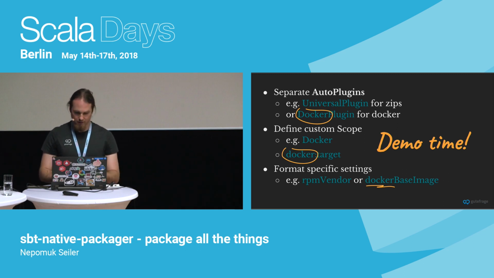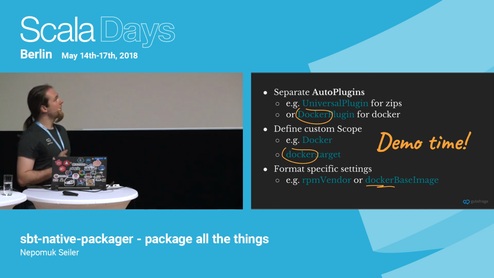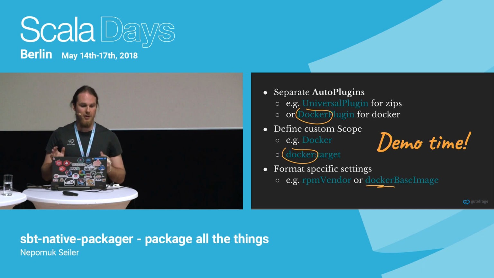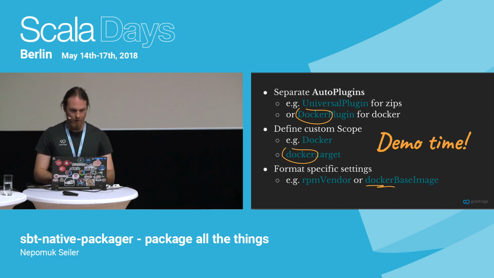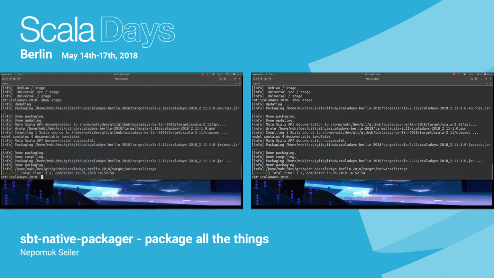So let's see this in action. I don't have to change anything in my build.sbt because the Java app packaging archetype enables all the formats it supports. So all formats are already enabled. So the easiest one is universal, and I'm calling the package bin task. This is predefined by SBT. The normal implementation, so the compile package bin task generates your application jar. And sbt-native-packager reuses the settings to create your distributable